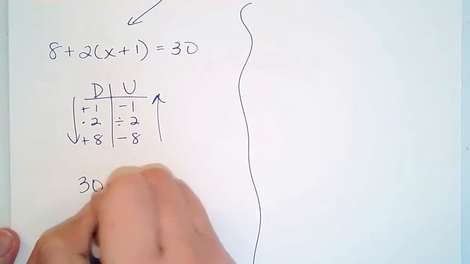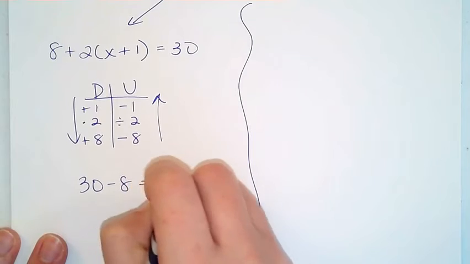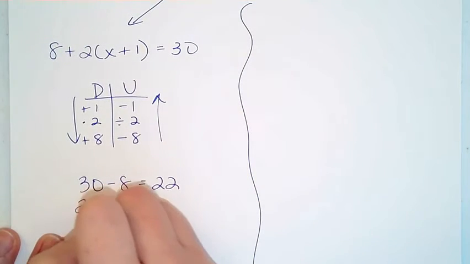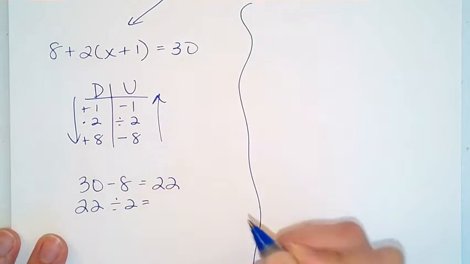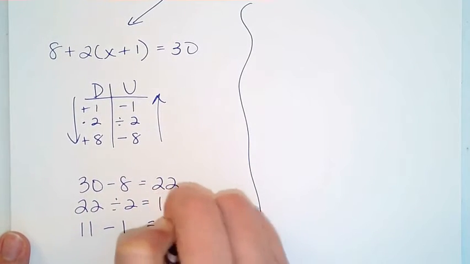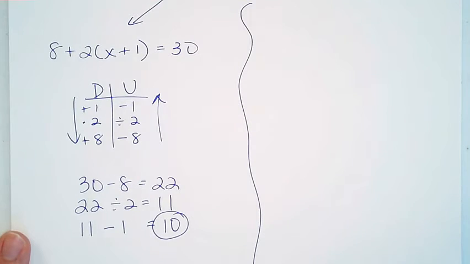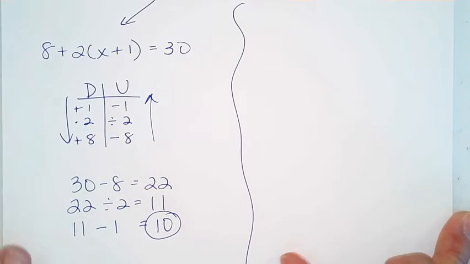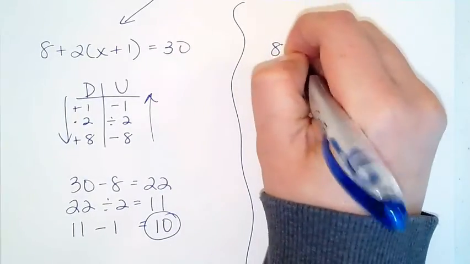So 30 minus 8 is going to be 22. 22 divided by 2 equals 11. And 11 minus 1 equals 10. Okay, well, let's see if we do it a different way if we get the same answer. So I'm going to take the same equation,